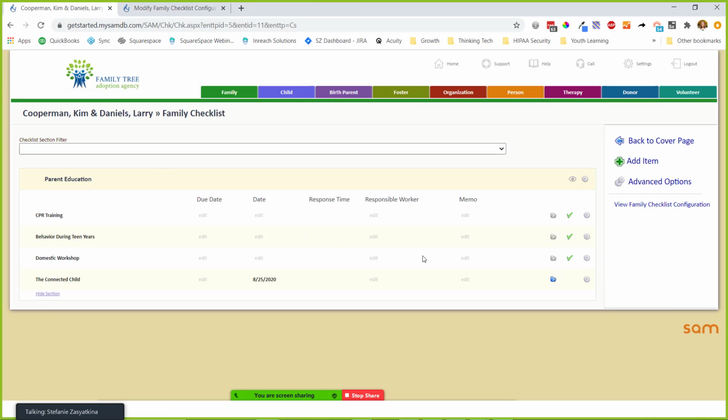Okay, let's say though that you actually, for some of these, you want a questionnaire. So maybe this domestic workshop has a questionnaire to it, like we'd added before. We're not going to use it based off parent education. In this example, yeah, we won't do that in this example. You could, but I think the thing is if you have a separate parent education,